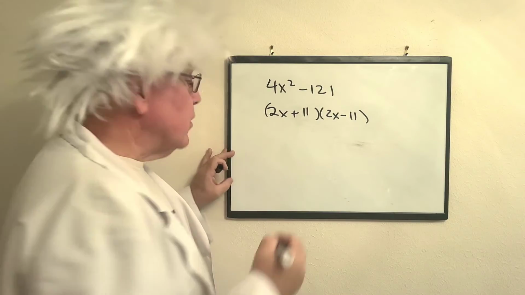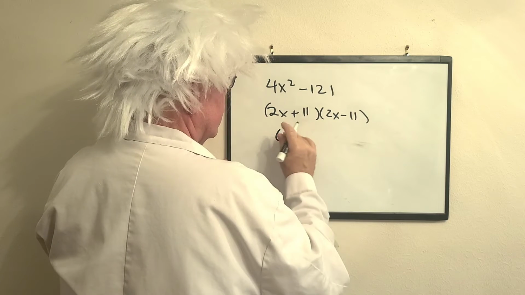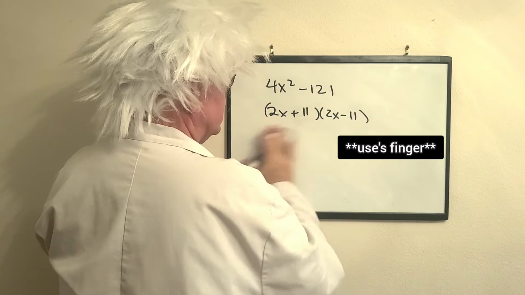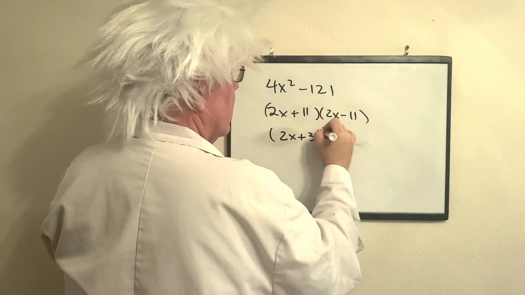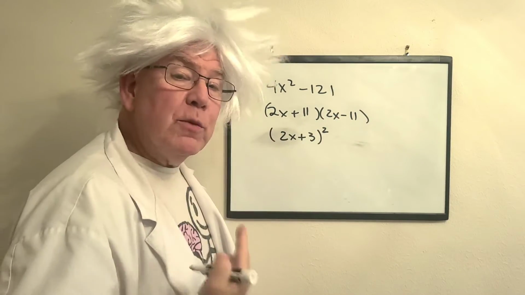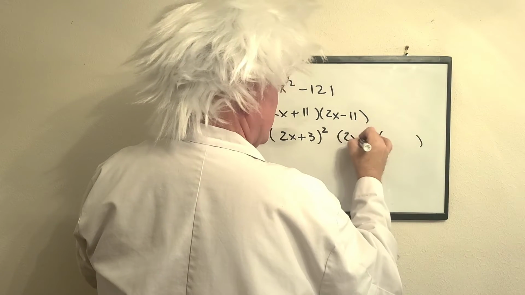Now, let me talk to you about the next. It's called a perfect square trinomial. The best way to do this is not to use a single term, but to show it this way. Now, if I wanted to multiply this out, I could do this. And what would happen